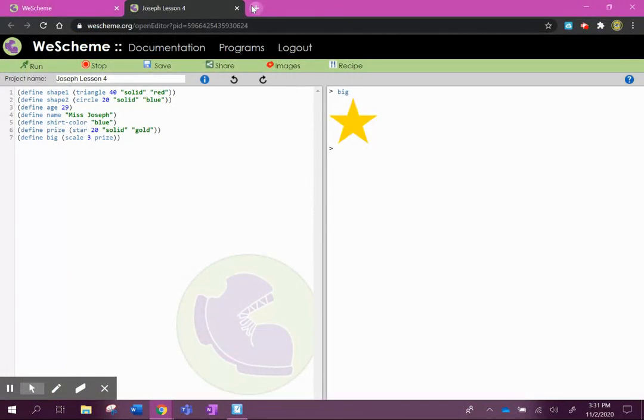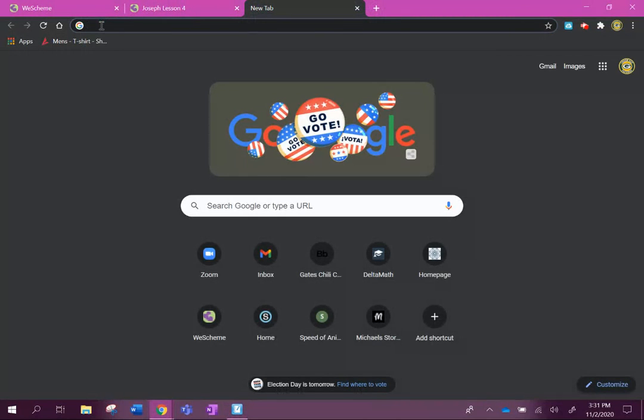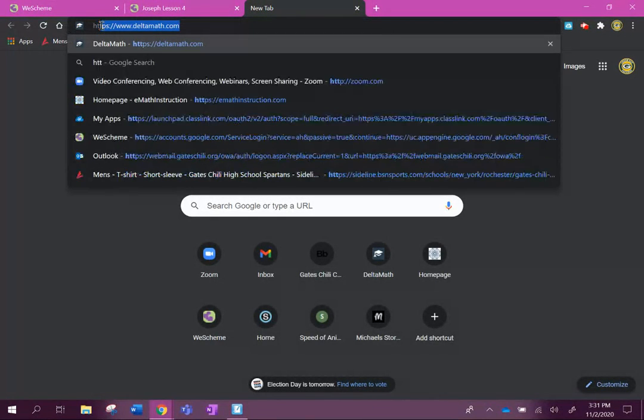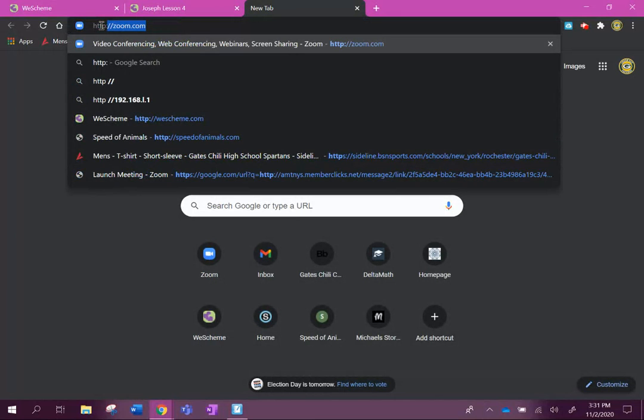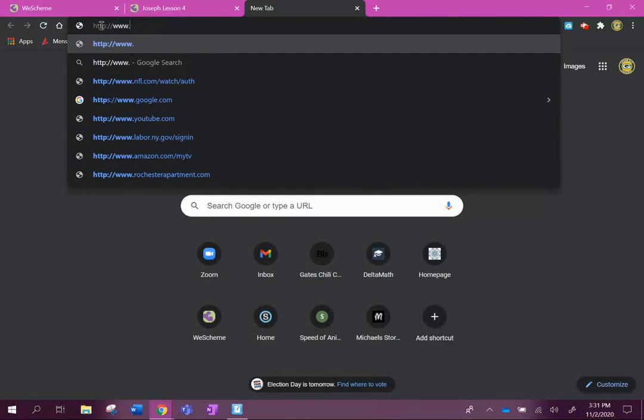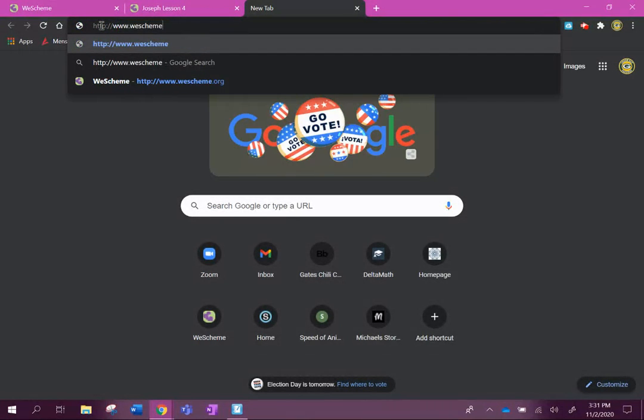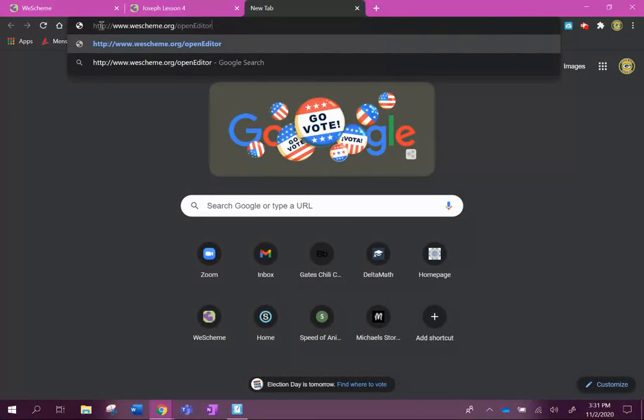So in a new tab, we have http://www.wescheme.org/openEditor?publicId